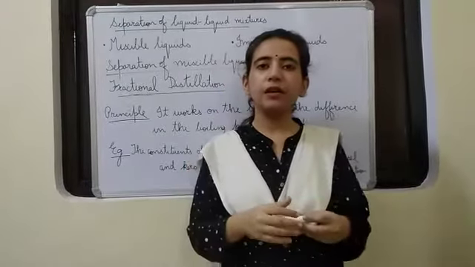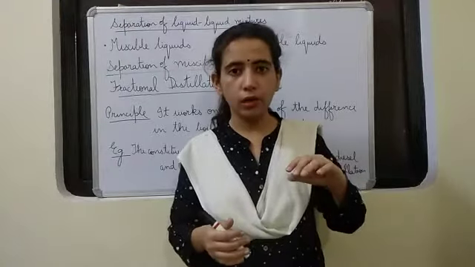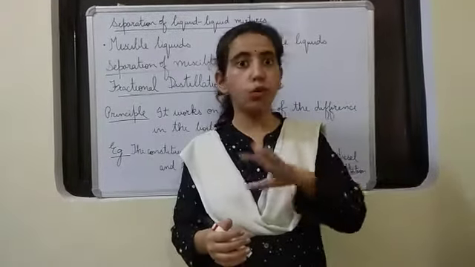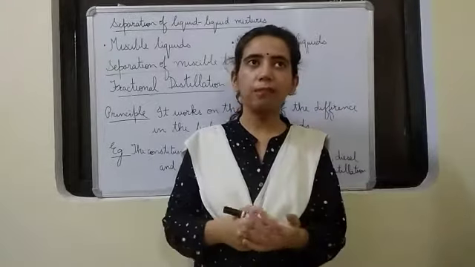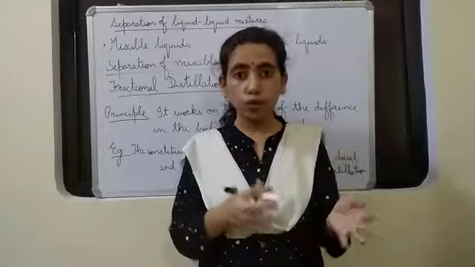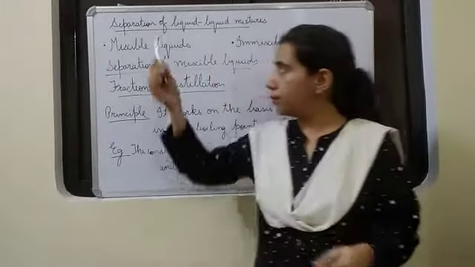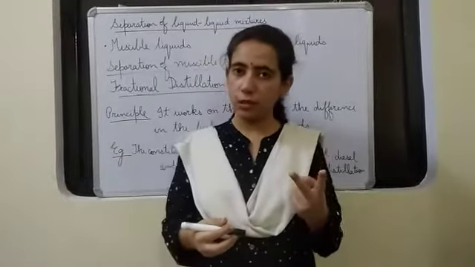The example we can take here is alcohol and water. If you add water to alcohol, they will be mixed thoroughly. You won't see separate layers of alcohol and water. One more example can be milk and water. If you mix them, then they will form a homogeneous mixture. So miscible liquids are homogeneous mixtures of two liquids.